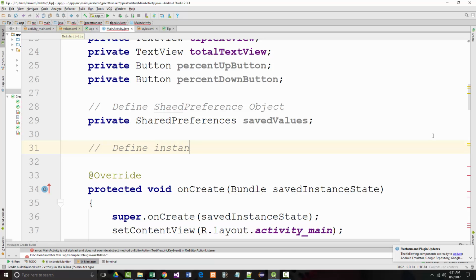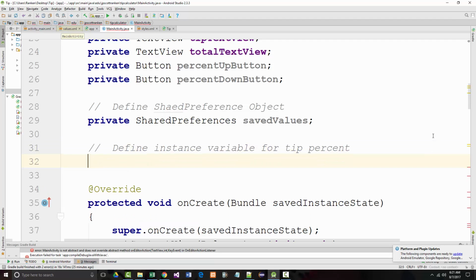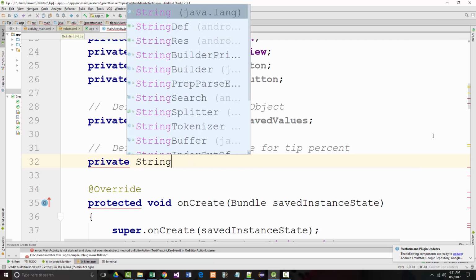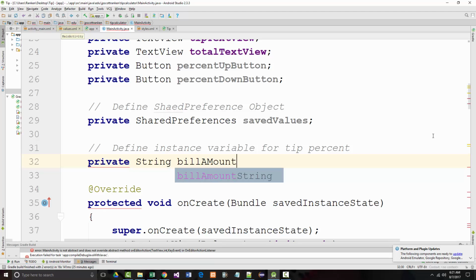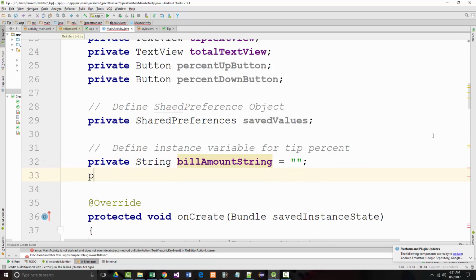Define instance variable for tip percent, and that'll be private String billAmountString, which is what we used later on that we had not defined yet. And that's going to be equal to the empty string. And private float tipPercent, which we are going to set equal to